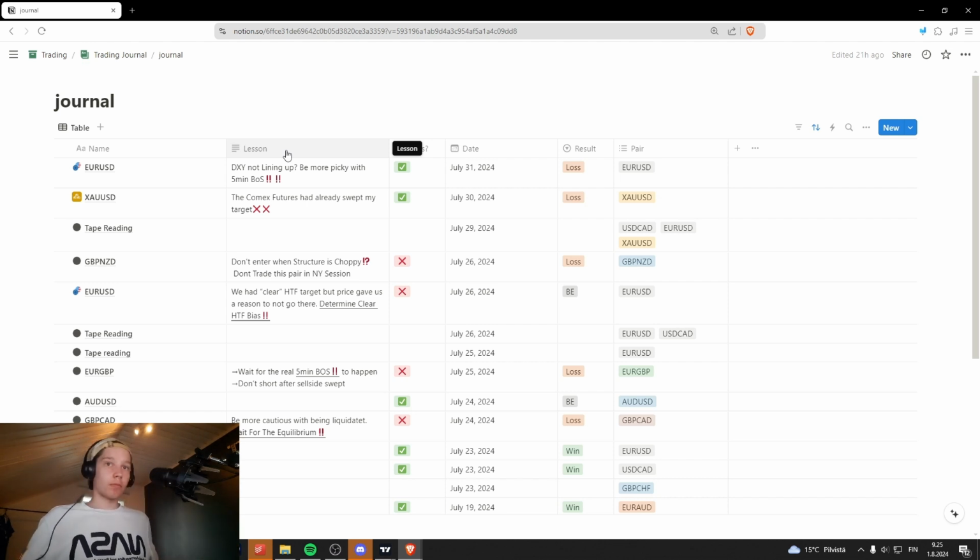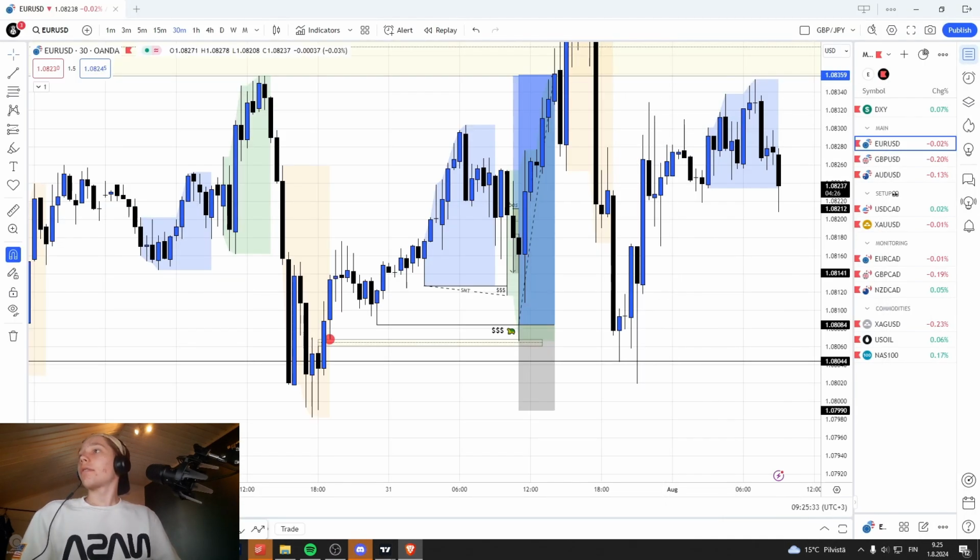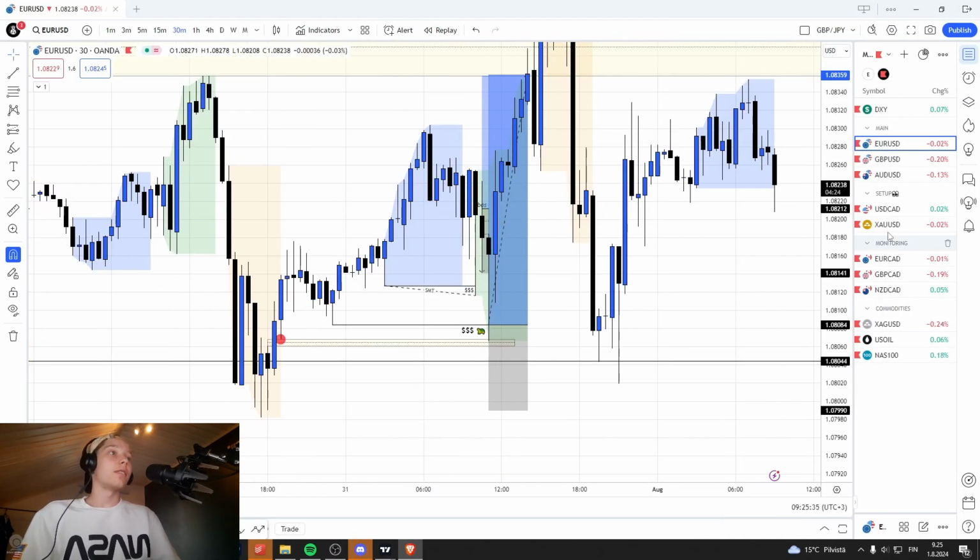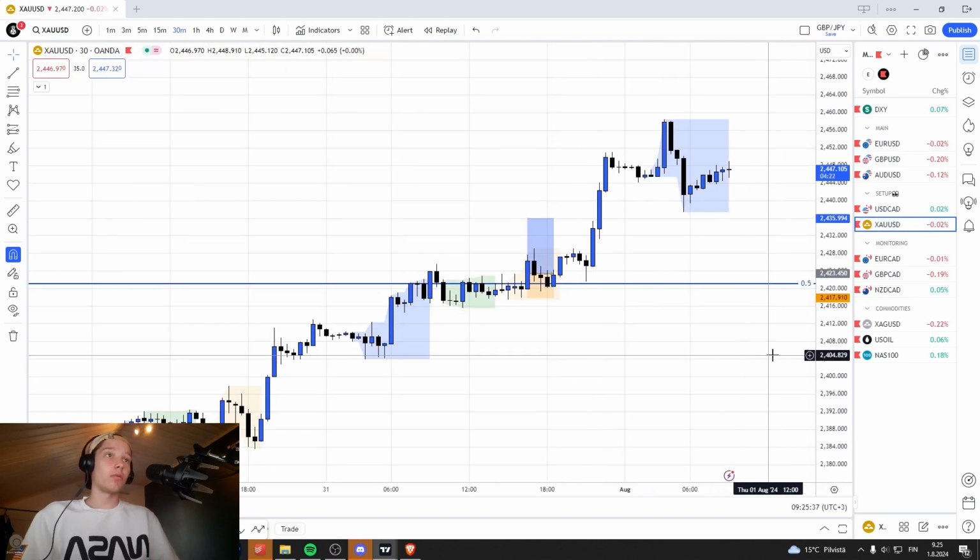I will collect all of my lessons in this notebook, and then I will read them every single day before I start trading, so that I don't commit the same errors again. A very interesting error that I also committed on gold was